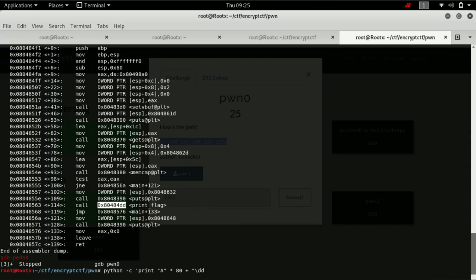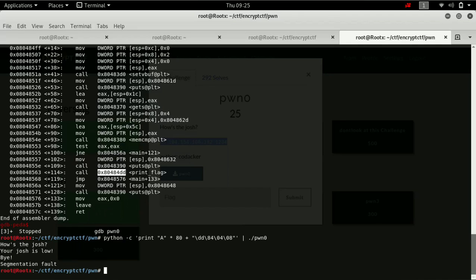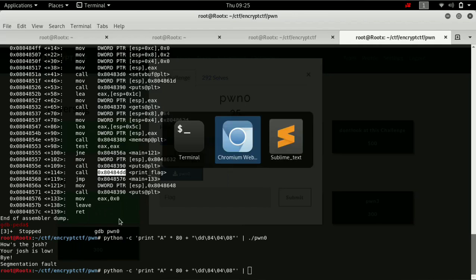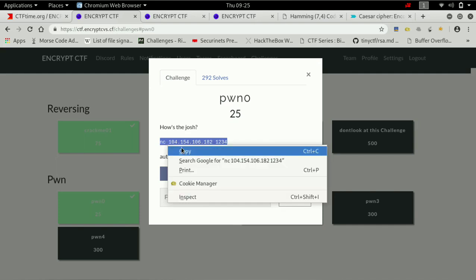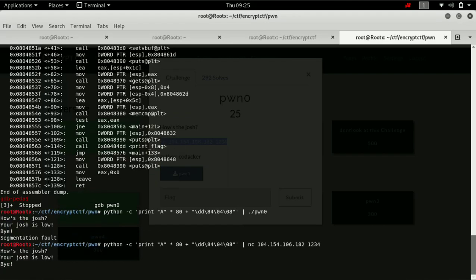Send this to the netcat. Okay, let me check with PWN first. Okay, we got a fault. Where is the command? Just copy.